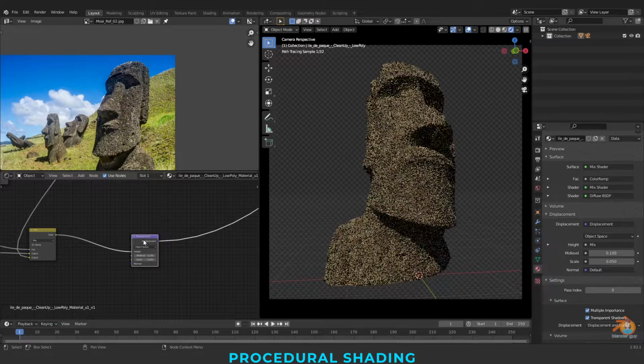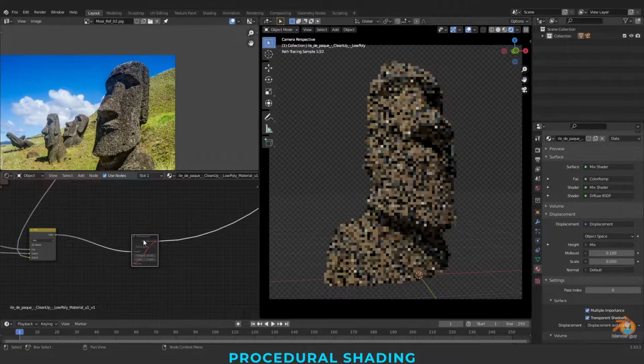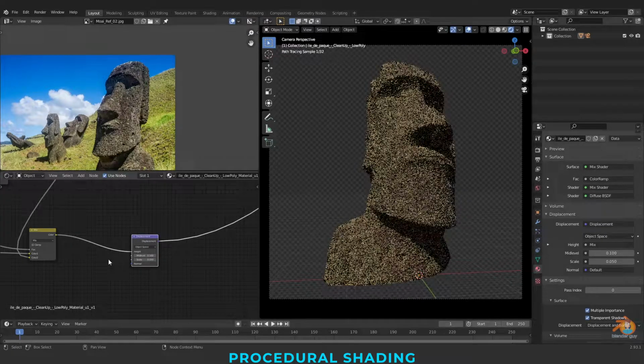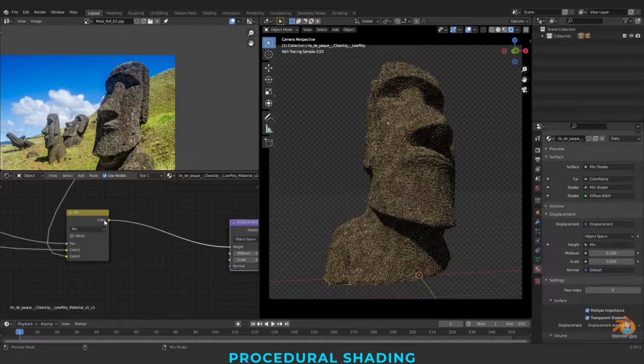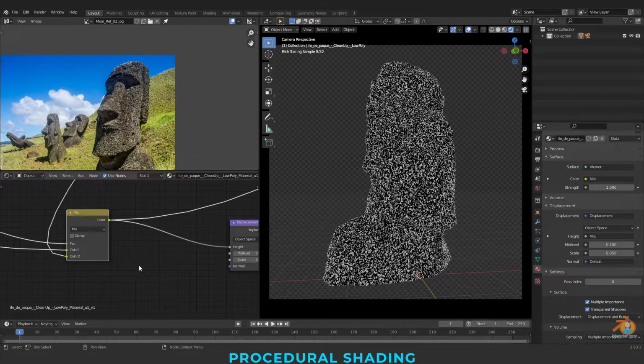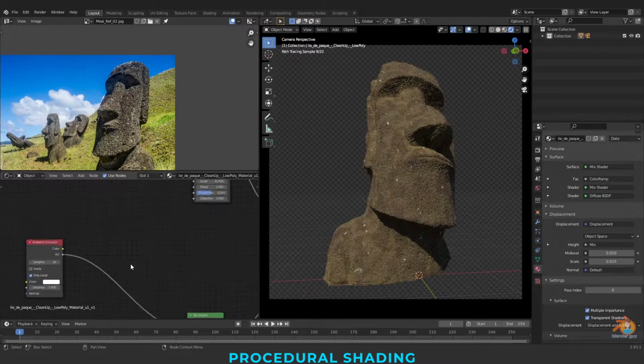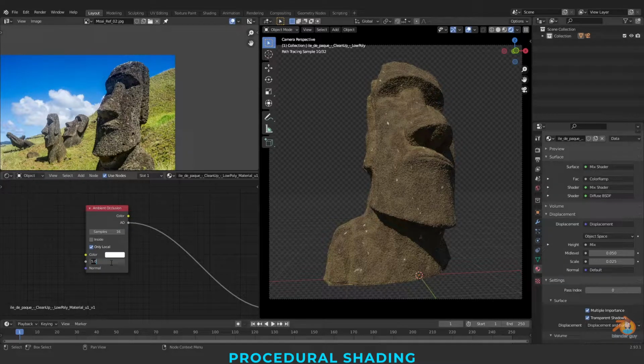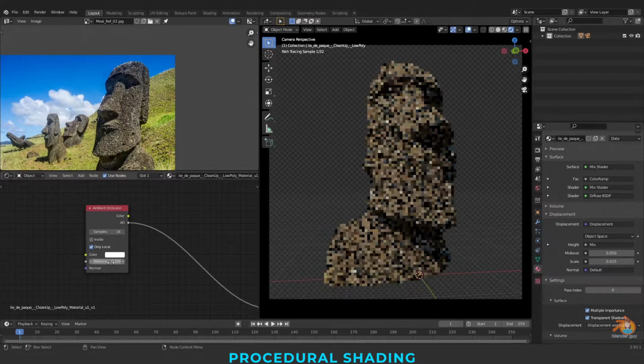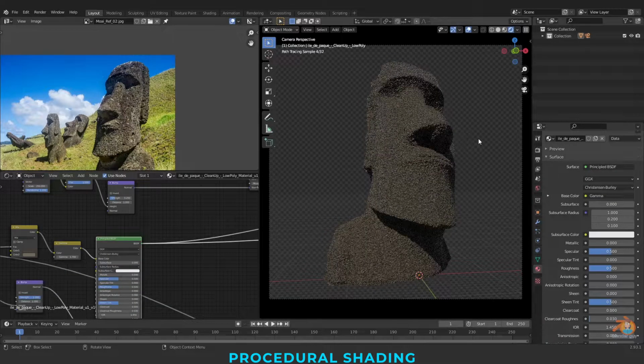I'm switching off this by pressing M and checking the displacement. Now going to the occlusion here. So this is our main rock.